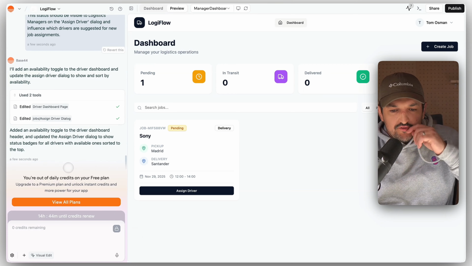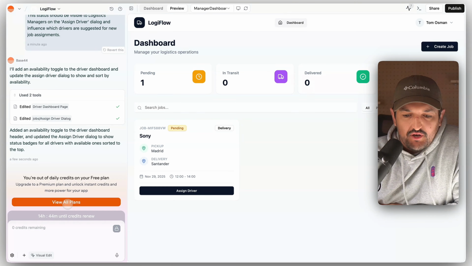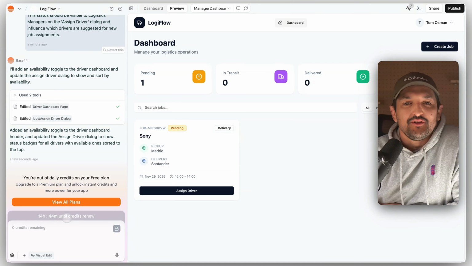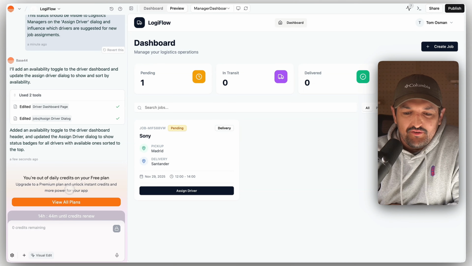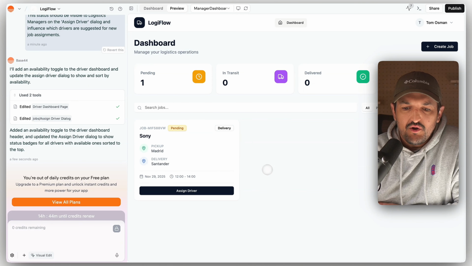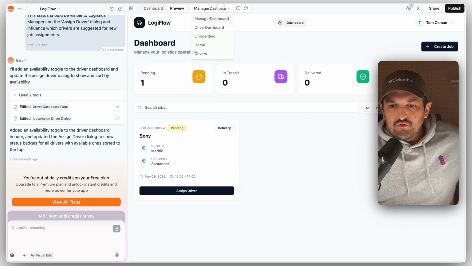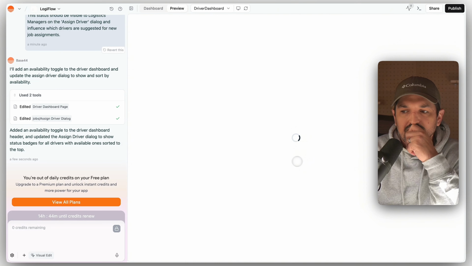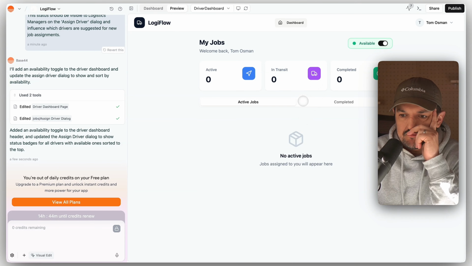Okay, so here we go. We're out of credits. We've got 14 hours until our credits renew. We can view all the plans and upgrade if we want to, but it seems like we've added an availability toggle to the driver dashboard header and updated the assigned driver dialog with status badges for all drivers, with available ones first. Okay, why don't we go to the driver dashboard